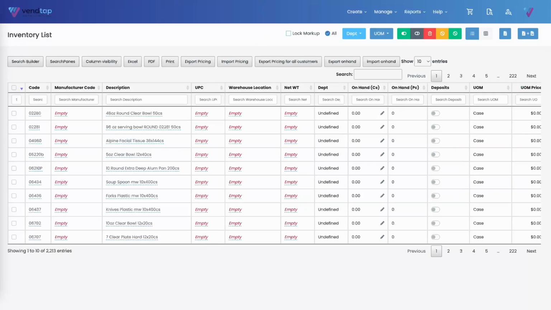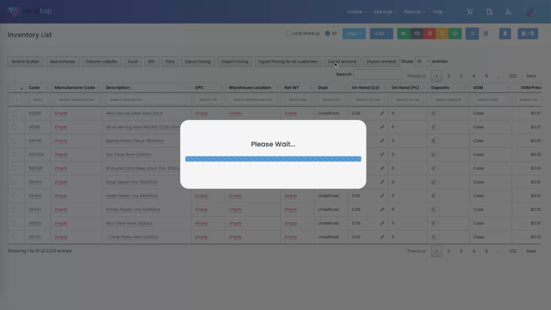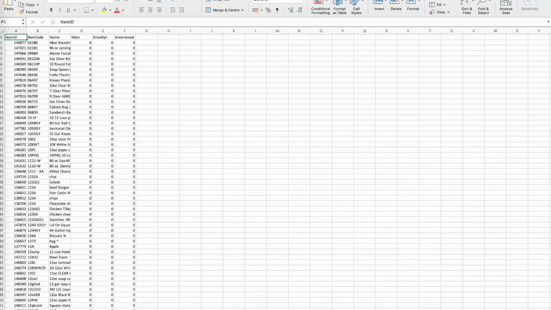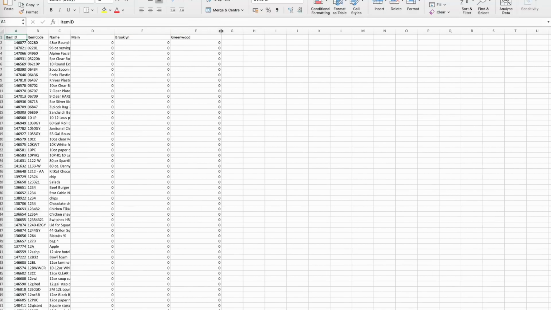In the items list, if you hover on the on hand column, you will see how many cases are there in each warehouse. There's this new feature that we have added that lets you add to each warehouse from an Excel sheet. So if you export this on hand, you will be provided with an Excel sheet which you can use, and in this sheet you will have a column for each of your warehouses, and whatever number you enter here, you will be able to set that in that warehouse respectively. So if I add 10, 40 and 30 respectively here, and I save this file,